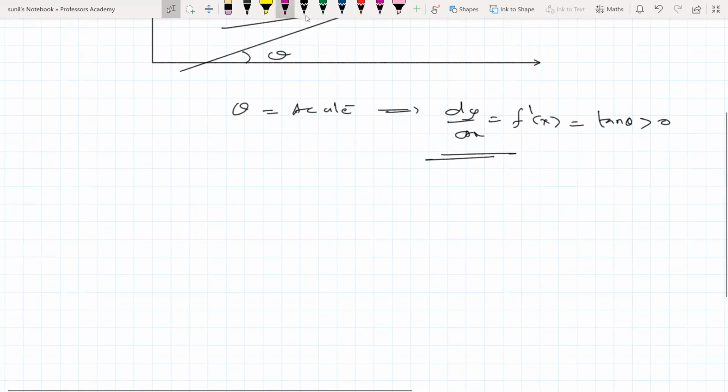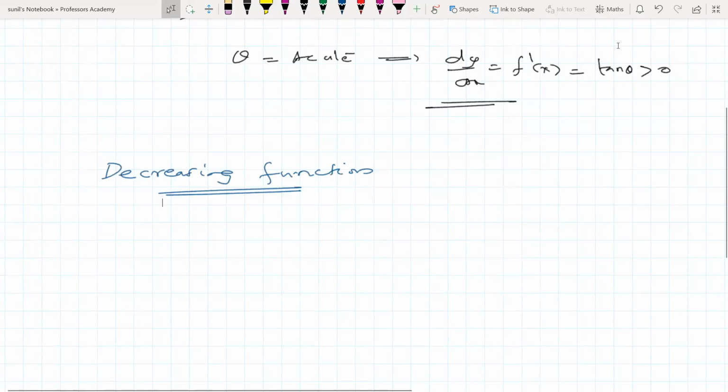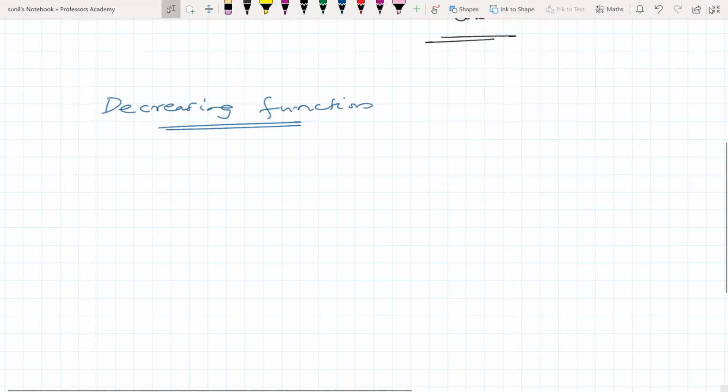The same situation arises whenever we are looking at a decreasing function. A detailed study should be there, but I am explaining only the graphical part. So in a decreasing and differentiable function, the graph will be coming down. So whenever we draw any tangent to this curve,